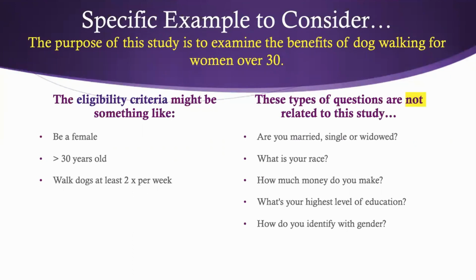So the eligibility criteria might be something like, you have to be a female, you have to be over 30, and you have to walk your dogs at least 2 times per week. So as somebody who's reading a flyer, when I'm standing around at the Panera Bread, I would think, oh, I'm over 30, I'm a female, and I walk my dogs a couple times per week, so I can be in this person's study. So then I sit down with this person to talk about dog walking, and they ask me